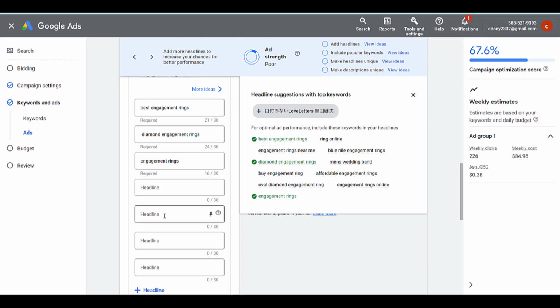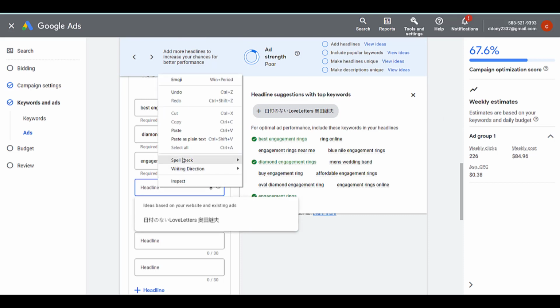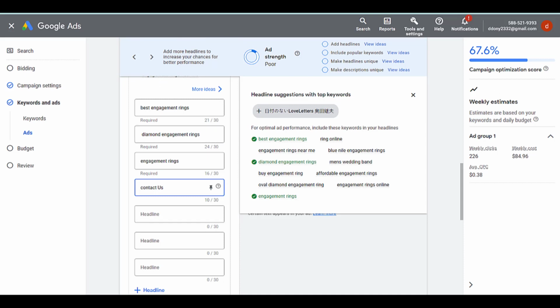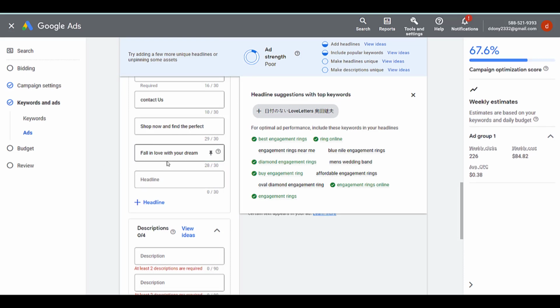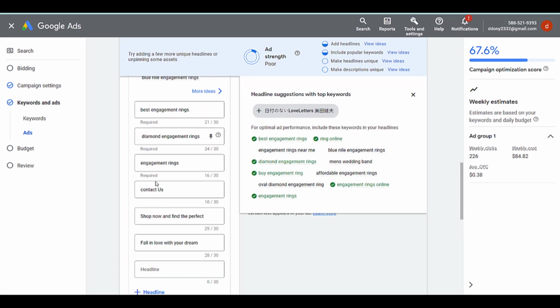You can put a call to action like contact us, or, and Google is going to cycle all of these headlines.